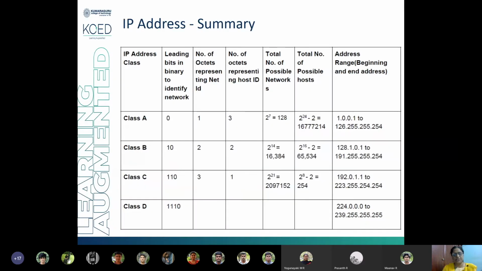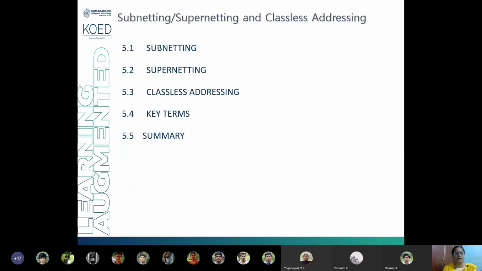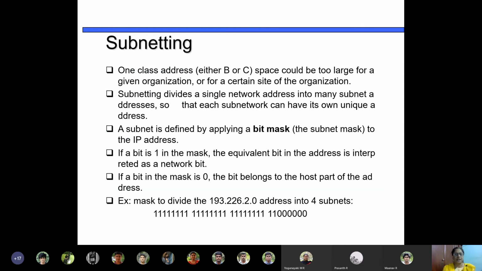So we'll see about subnetting, and I'll say what supernetting and classless addressing are, and leave it for you to read in the asynchronous mode. Subnetting: every class address, I told you, if it is 1 octet, which one is the largest network? Class A is the largest network because you have 2 power 24 different hosts. But the number of class A addresses that can be assigned is very few, because the total possibility of class A addresses itself is 2 power 8 minus 2. If you take a class B address, then it is 2 power 16 minus 2.